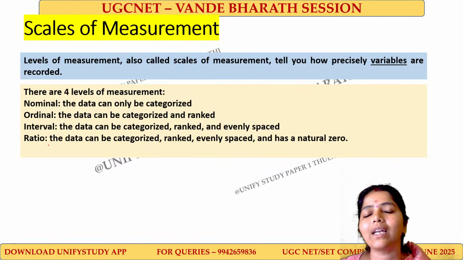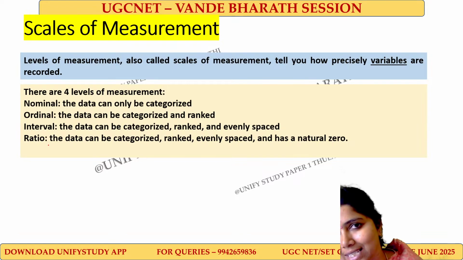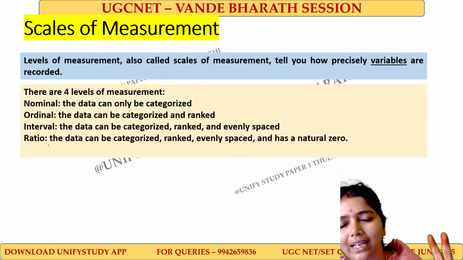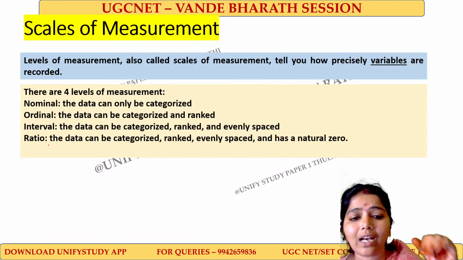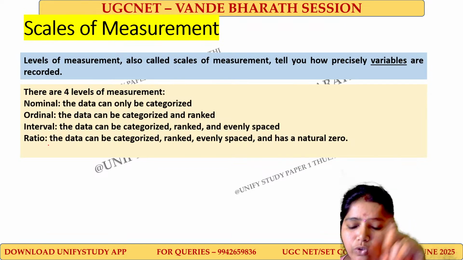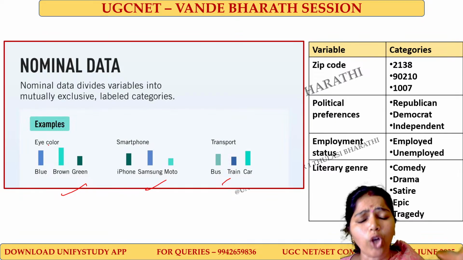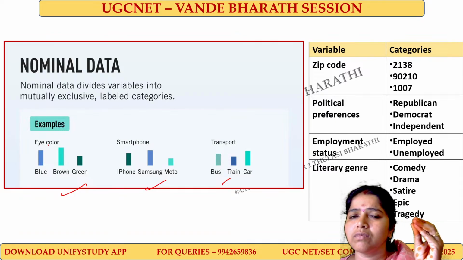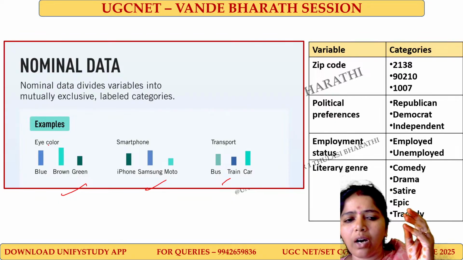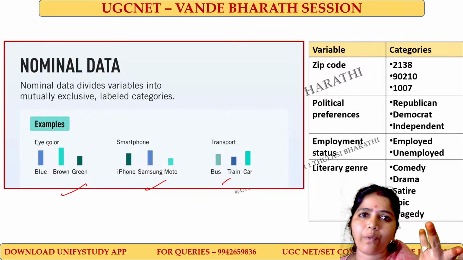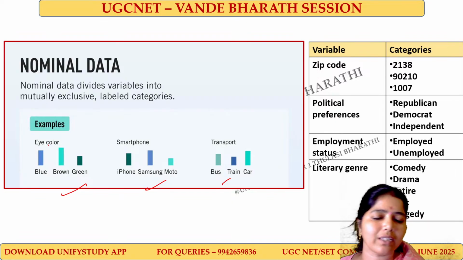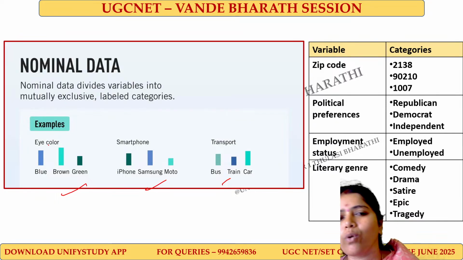of data. Nominal data is categorized, ordinal data is categorized and ranked, interval data is categorized, ranked and evenly spaced, and ratio data is categorized, ranked, evenly spaced, with a true zero. I'll give you an example so you can easily remember. Nominal data, like gender, nationality, where we can only categorize. I cannot rank with it. I cannot say Indians are first and others second, blue eyes are first, brown eyes are second. I can simply categorize.